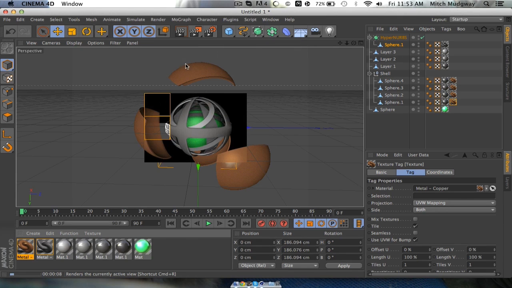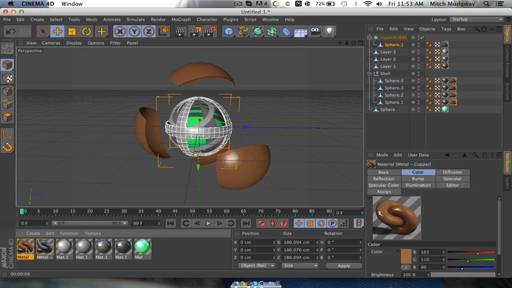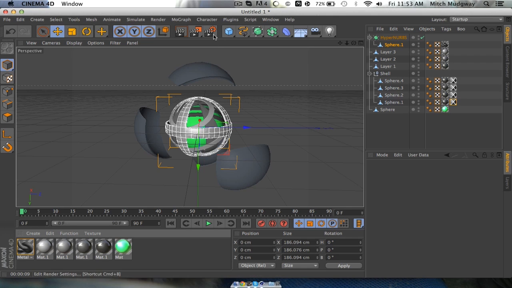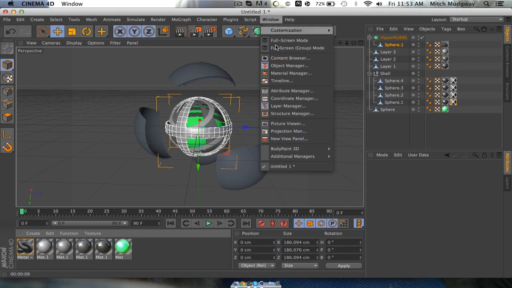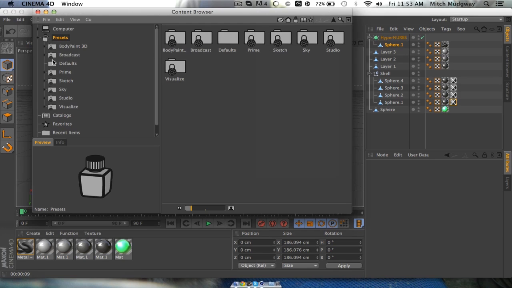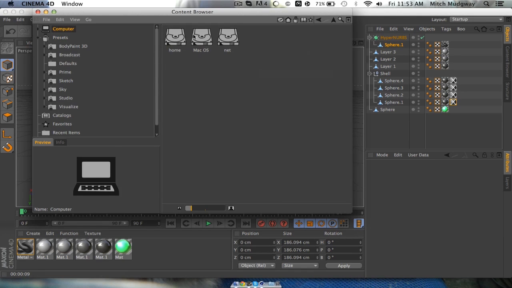No, I don't really like that. I'm going to get rid of that and we'll go back to normal. Cool, so now we've got that, put a little bit of lighting in there. Now, as many of you who have any experience with